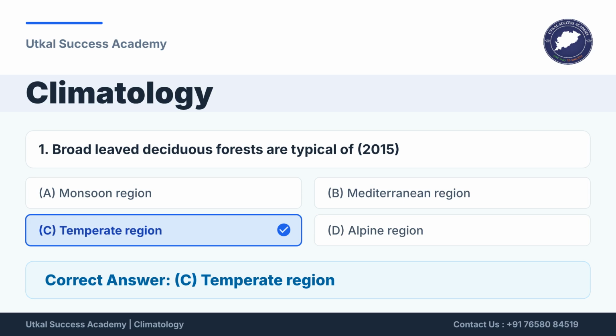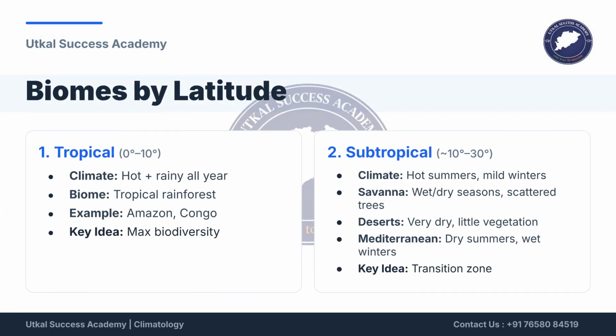The correct answer is C, the temperate region. We will look closer at the different climate zones shortly. Biomes are categorized by latitude. The tropical region, from 0 to 10 degrees, is hot and rainy all year, supporting tropical rainforests with maximum biodiversity,